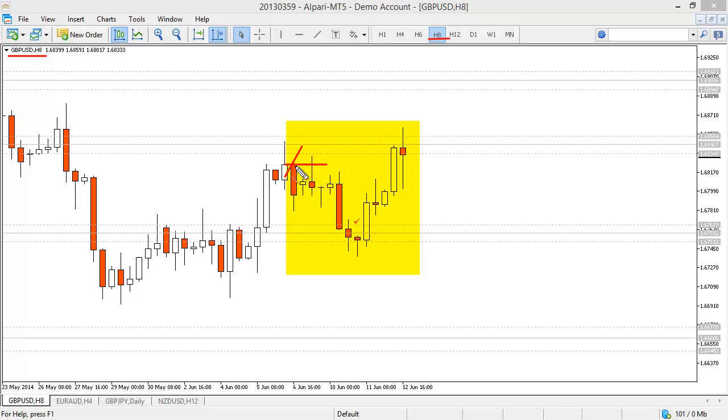The preceding trend was quite slow to take off because we had a bunch of indecision here, but overall it was an okay preceding trend. Price dropped down, hit this support area, and indecision formed. Now, for those of you who know about my strategy, we look for